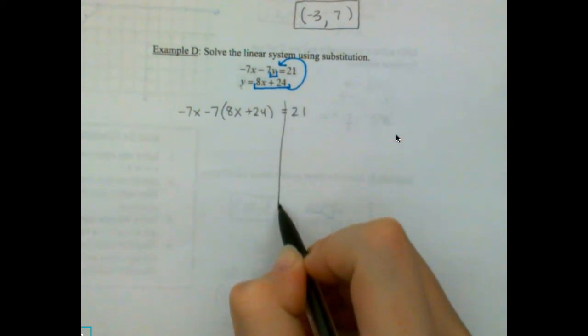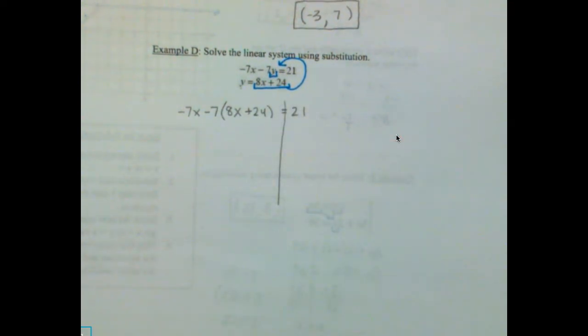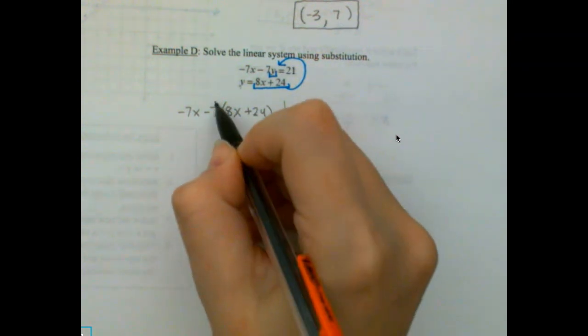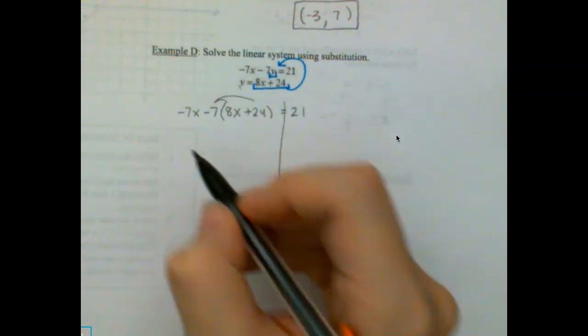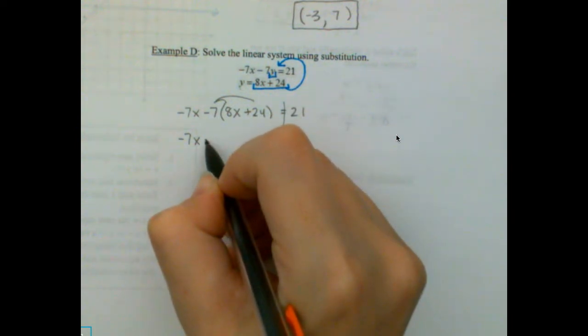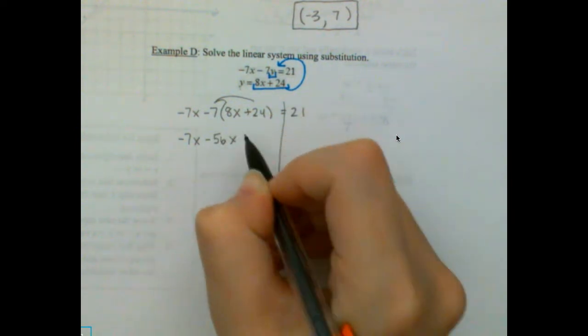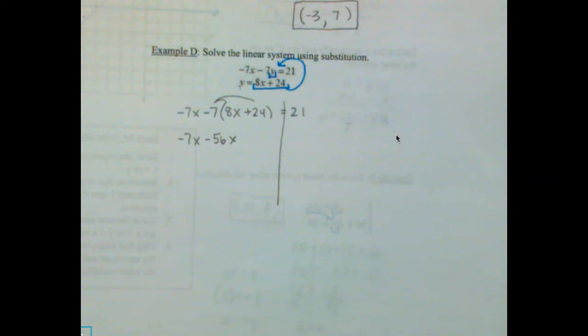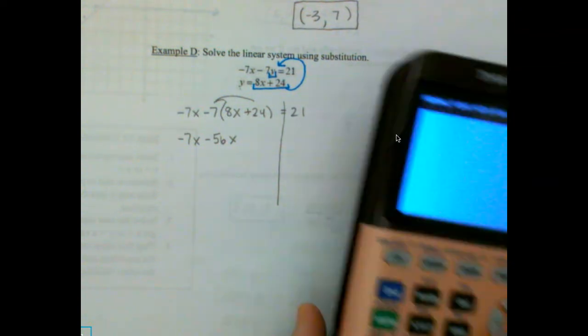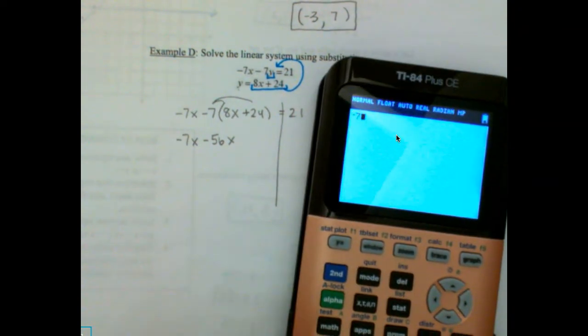Okay. Now this one's going to require just a little bit more steps to solve, but the concept is no different. All the steps are the same. You're substituting in an expression, and then you're solving algebraically. So for the first step here, we always have to distribute. So I'm going to drop down that negative 7x. 7 times 8 is 56. Negative 7 times 24, I'm going to get my calculator out for that one. Negative 7 times 24, that's negative 168